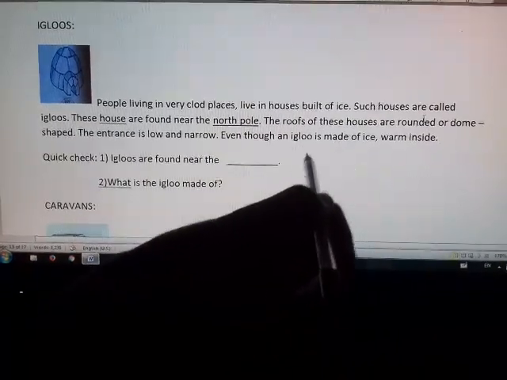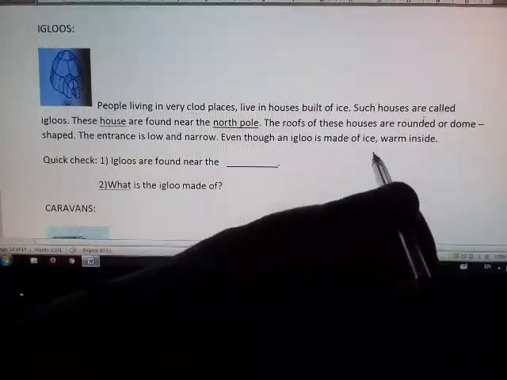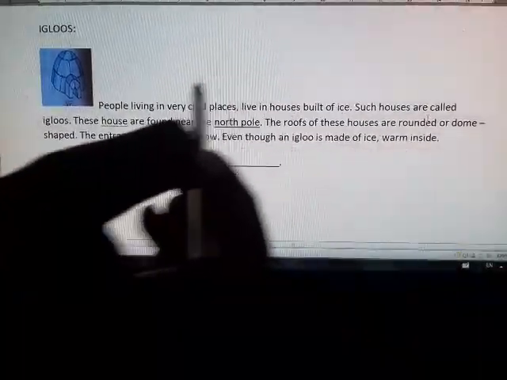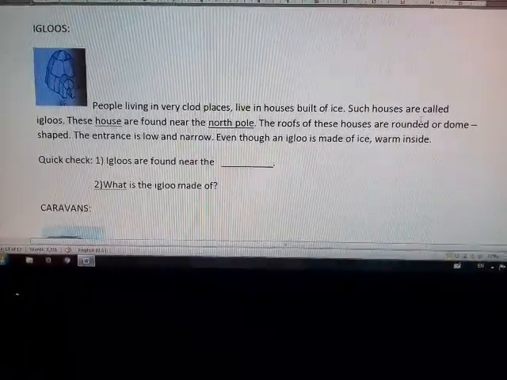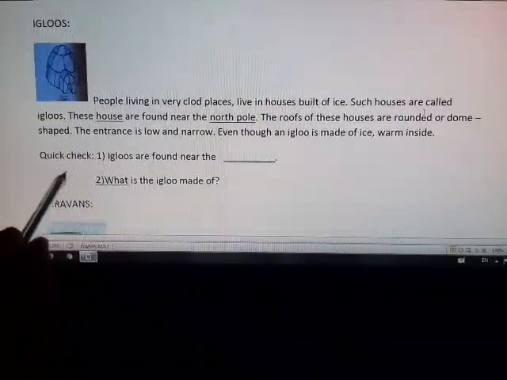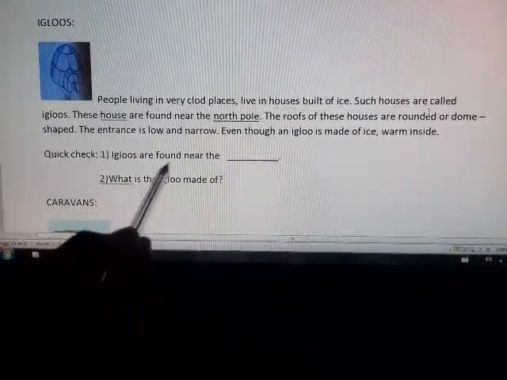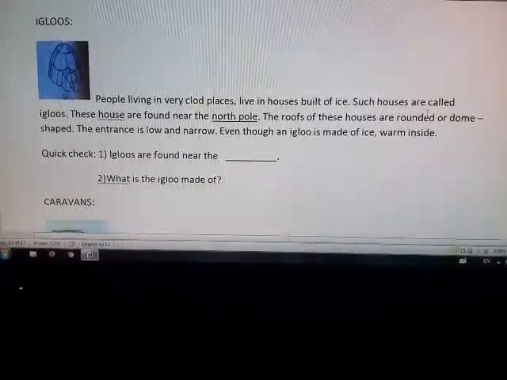Even though an igloo is made of ice, it is warm inside. If we go in the house, we can feel warm. Now let's quick check. Igloos are found near the blank. Where do we find the igloo?